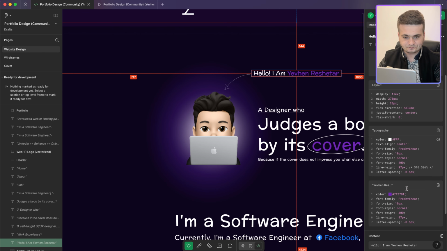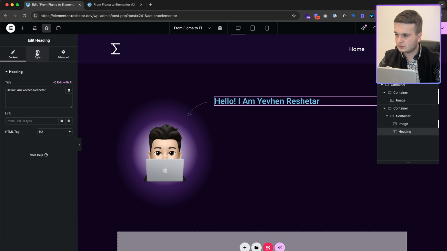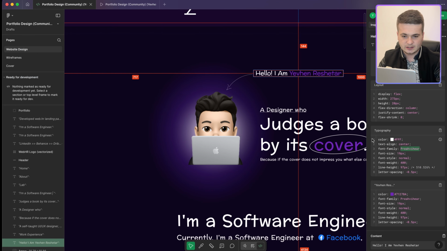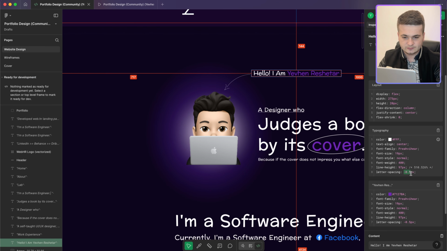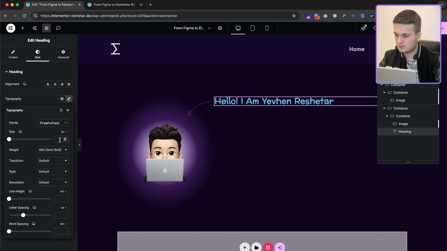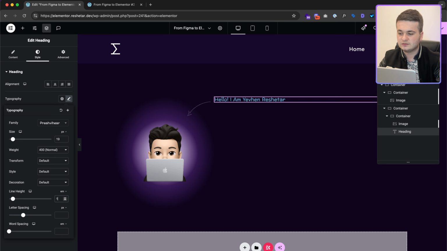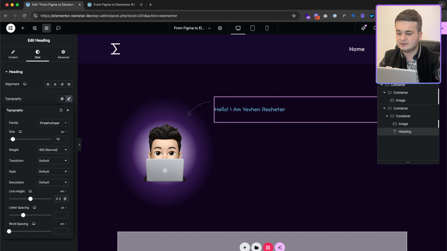And yeah, let's set up this text. This text, it's something new, a new font. I don't know this font, I use it for the first time, to be honest. And what we need, it's white, it's 90 pixels, 400, 5.1, 90, 400, 5.1. Why did I set it up? Because it's 100. I need 510 here,